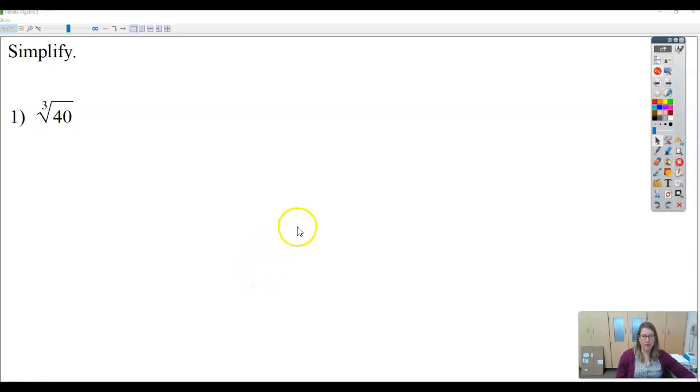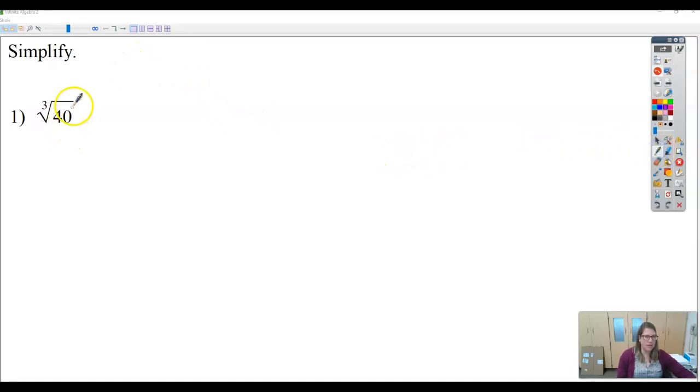All right, so today we're going to be simplifying radicals. Again, yesterday we simplified square roots. Today we're going to be simplifying cube roots. On your assignment, though, there will be a mix of cube roots and square roots, so just make sure you're paying attention to that. So the difference between simplifying a square root and a cube root is not a ton,